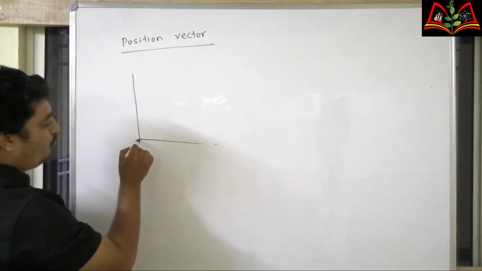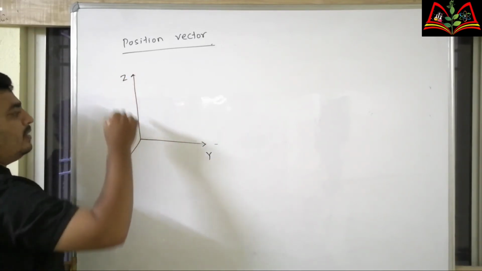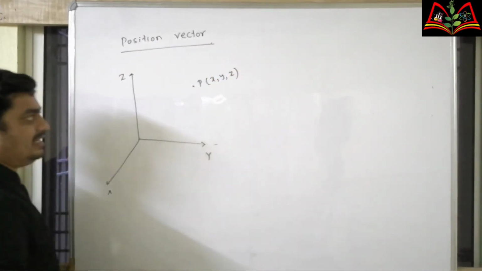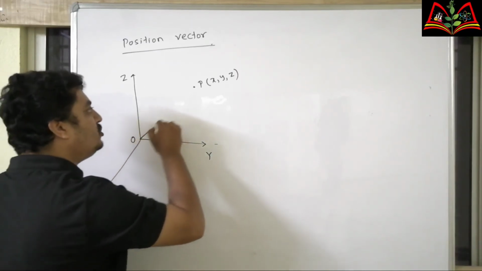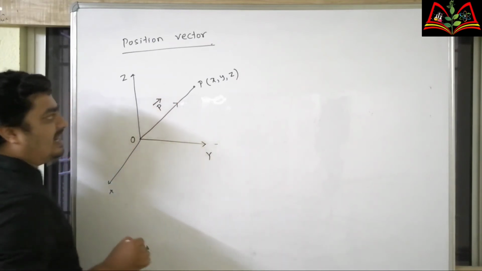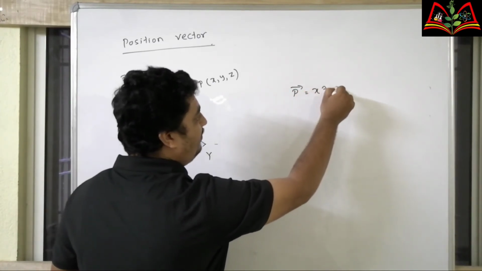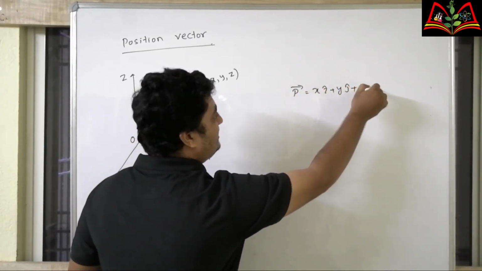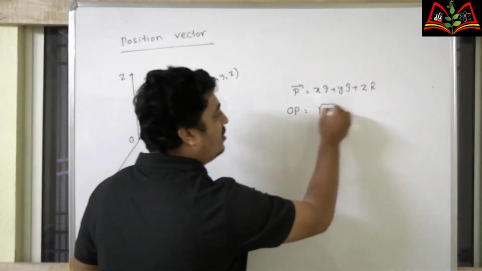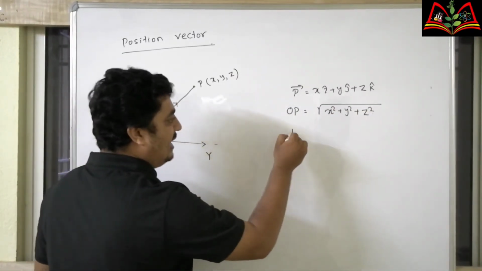Now, this is our coordinate axis. Now, consider a point P. It has coordinates x, y and z. Then, the position vector of P, we can write P vector or OP vector. It is equal to x i cap plus y j cap plus z k cap. So, the magnitude of the position vector will be root over of x square plus y square plus z square,